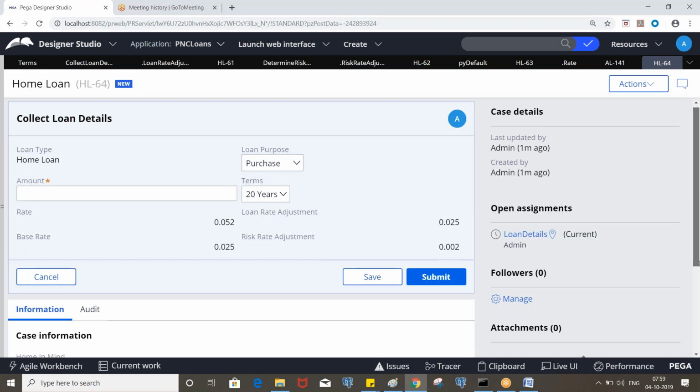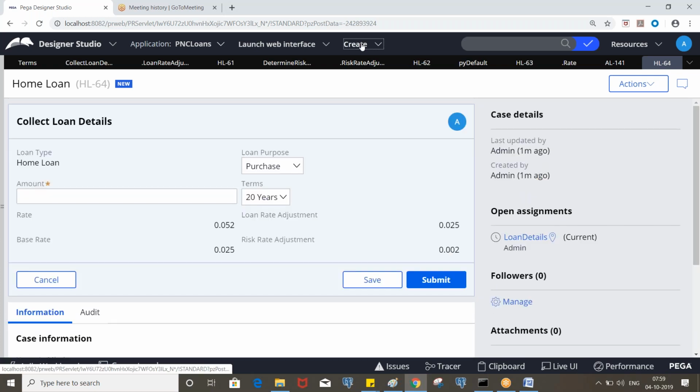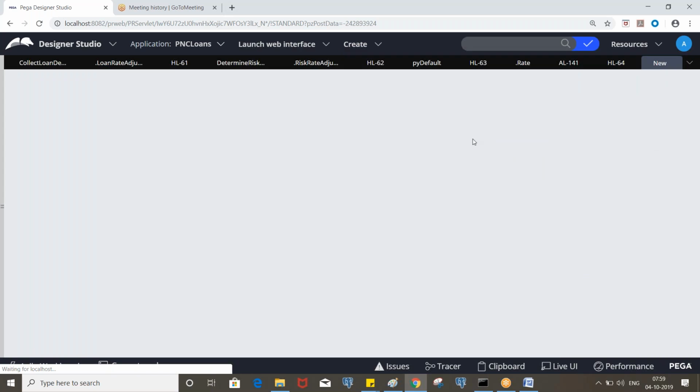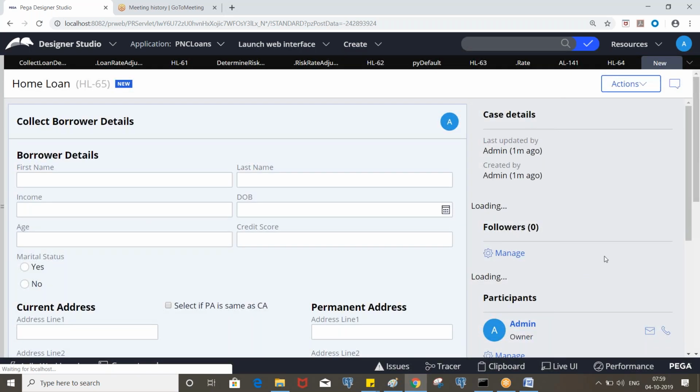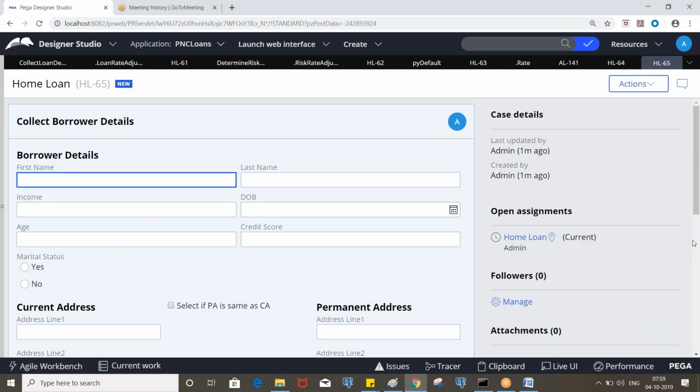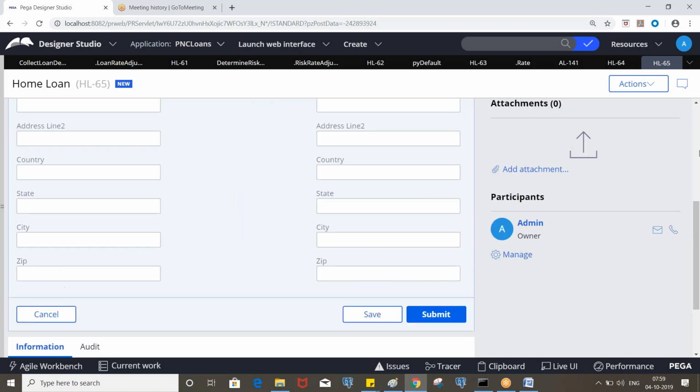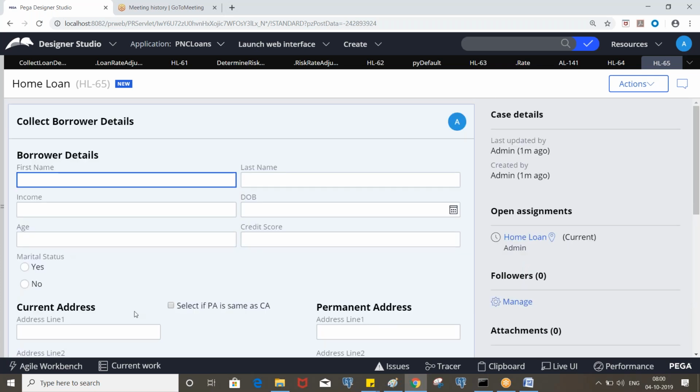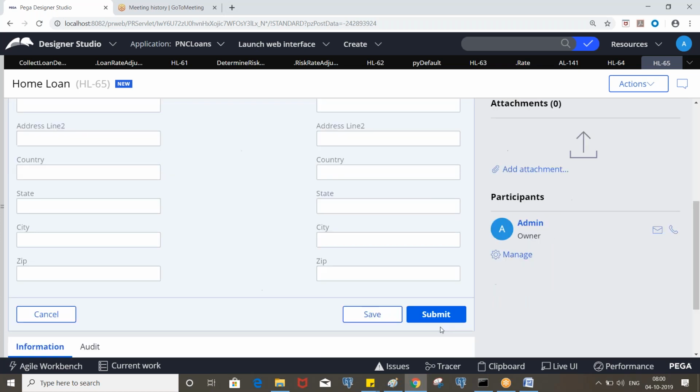So let's say the borrower, right? Without entering any data, we are able to go to the second step. It will not be like that in the applications. Later we'll be making some of the fields mandatory, so that without entering the first name, last name, date of birth, you should not be able to move to the next step.